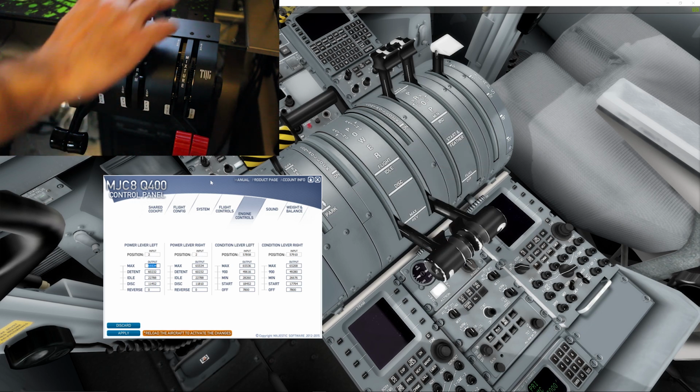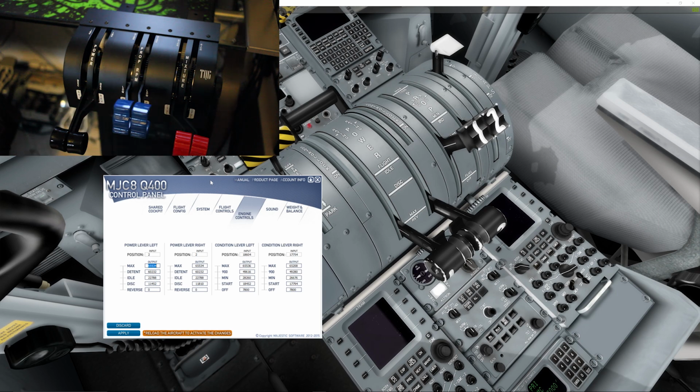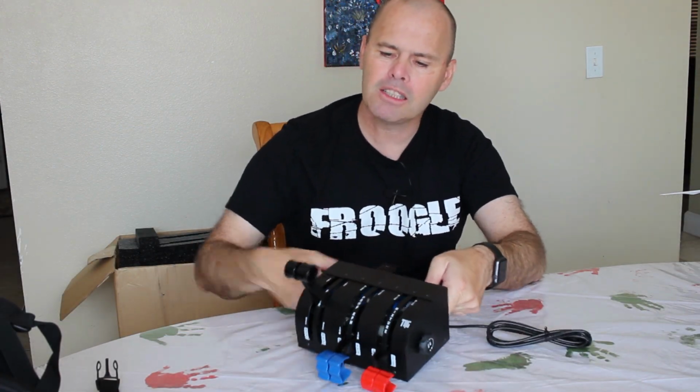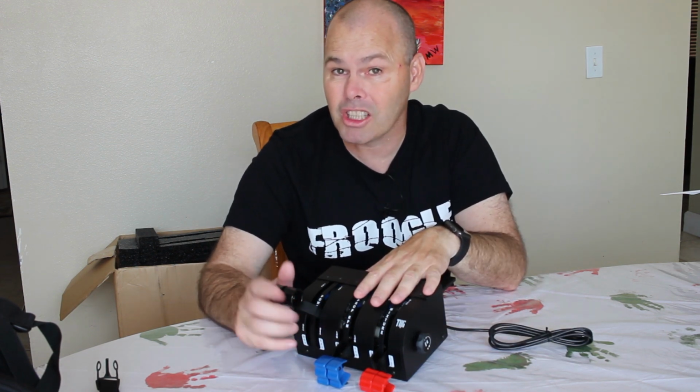Bear that in mind. You're going to have similar issues no matter which aircraft you try, unless it's got a custom config tool. Now, a problem I always have with all throttle quadrants is spiking. That I will start to move these and they will go spike, spike, spike. I did have that problem with these initially, but